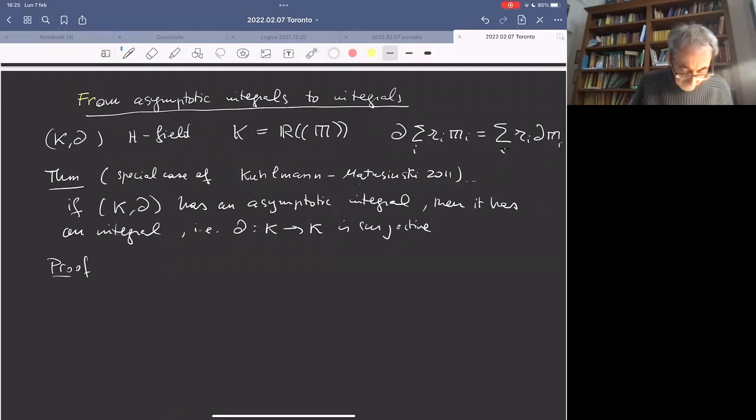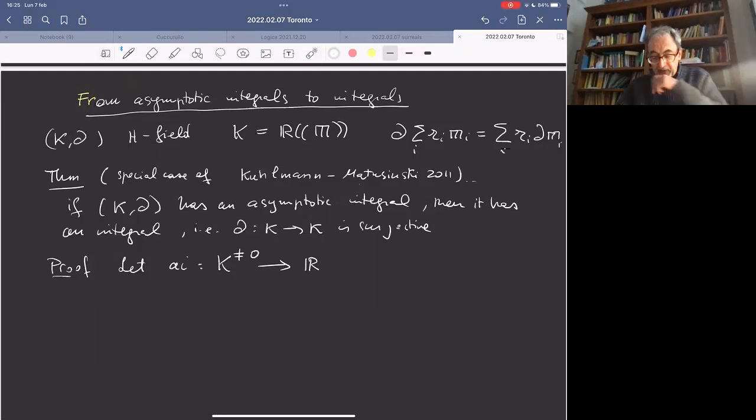Okay, let AI be the asymptotic integral. So for every element different from 0, you can associate to it the asymptotic integral. So without loss of generality, we may take the asymptotic integral to be a real number times a monomial